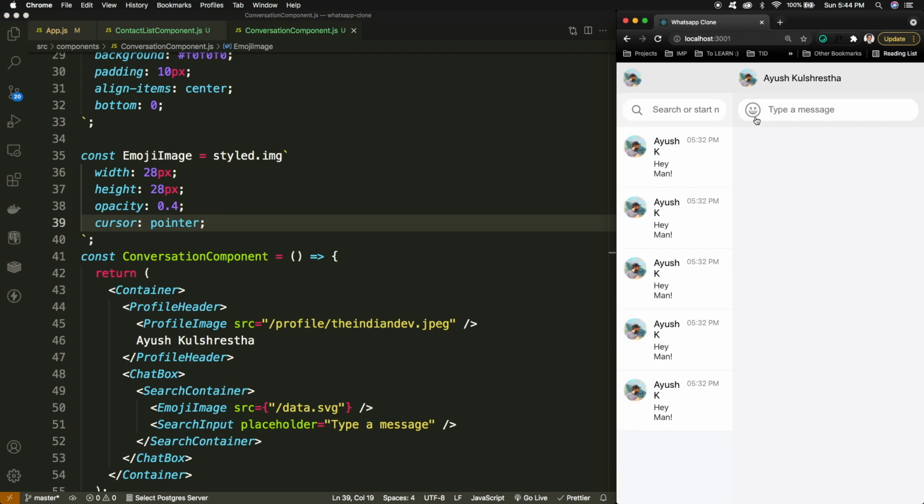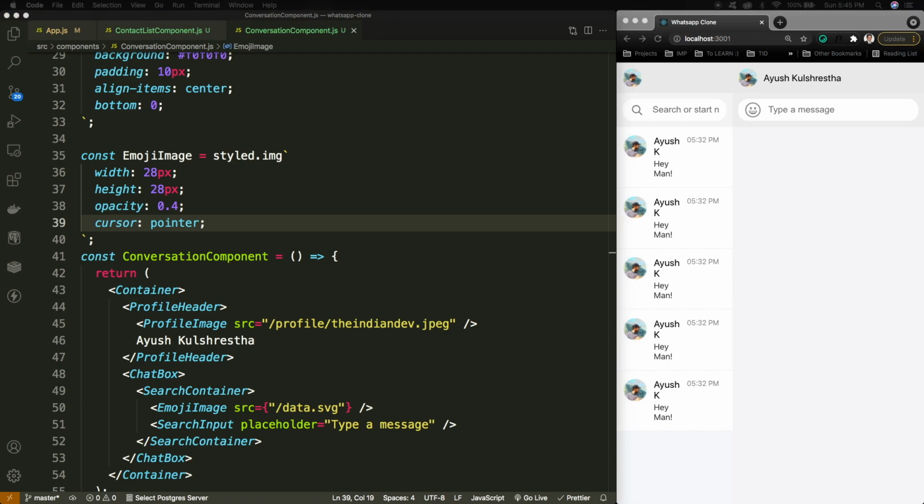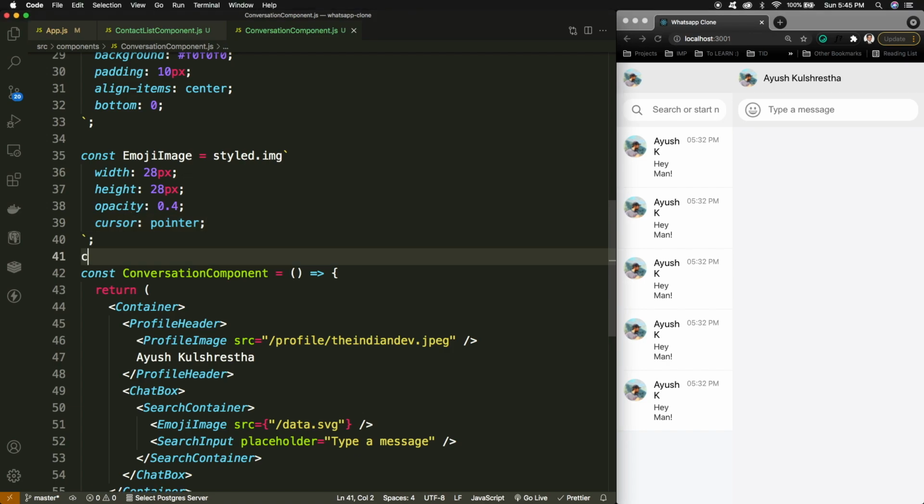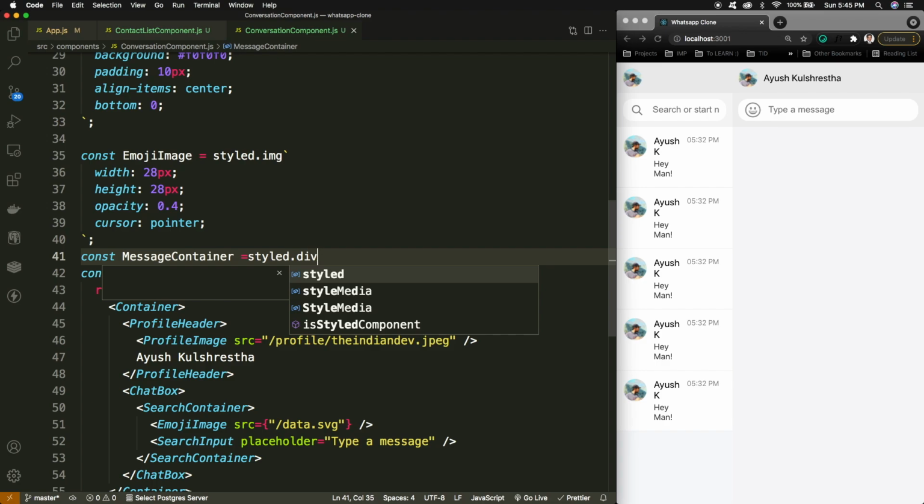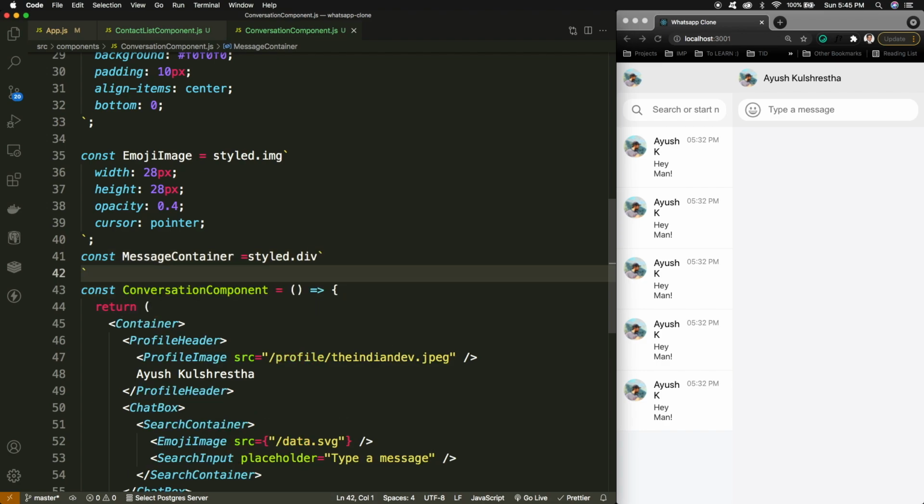So yes, we will make it functional as well. Now the next thing is we can jump on to the message part. For the message part, I'll be defining a container, that is the message container, and this is a styled div.